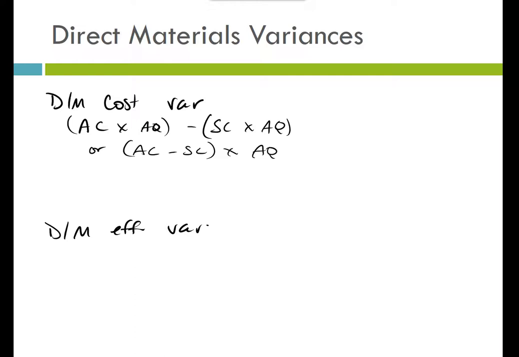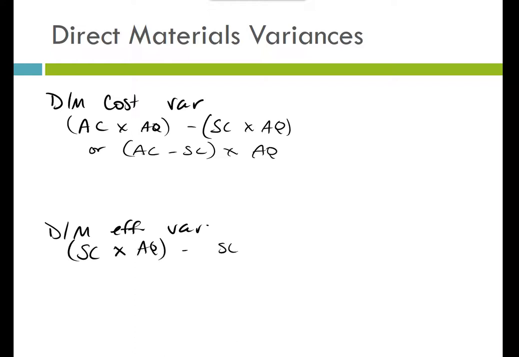So in this one, I'm holding everything at the actual quantity that I should have used, and I'm comparing what I actually paid versus what I thought I was going to pay. So the actual price per pound minus what I was planning per pound, so the difference in what I paid times the actual quantity. For the efficiency variance, again, it's standard cost times actual quantity